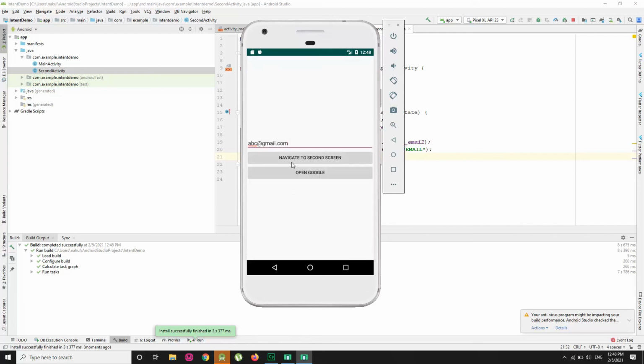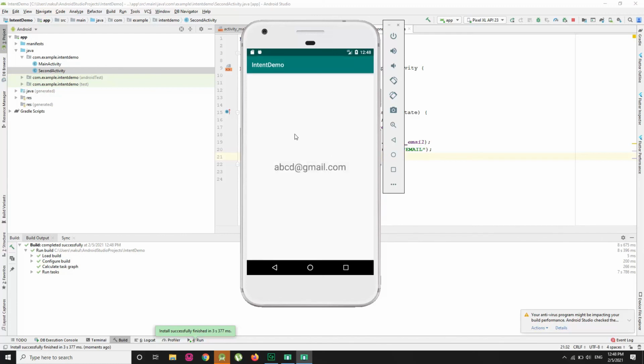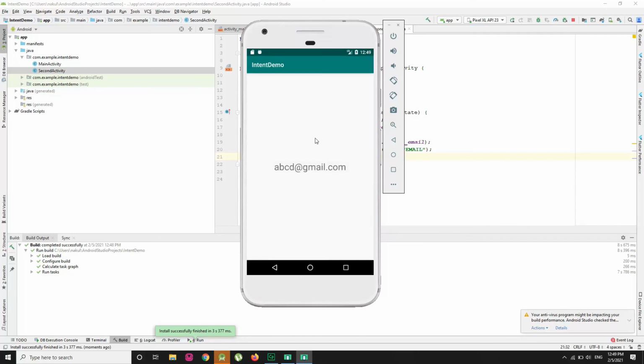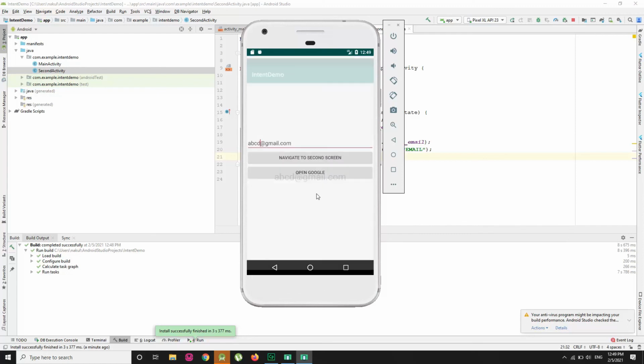If I write abcd@gmail.com over here, then we have abcd@gmail.com. So whatever data we have entered over here is printed over here. So this is how we can pass data between two activities in Android.